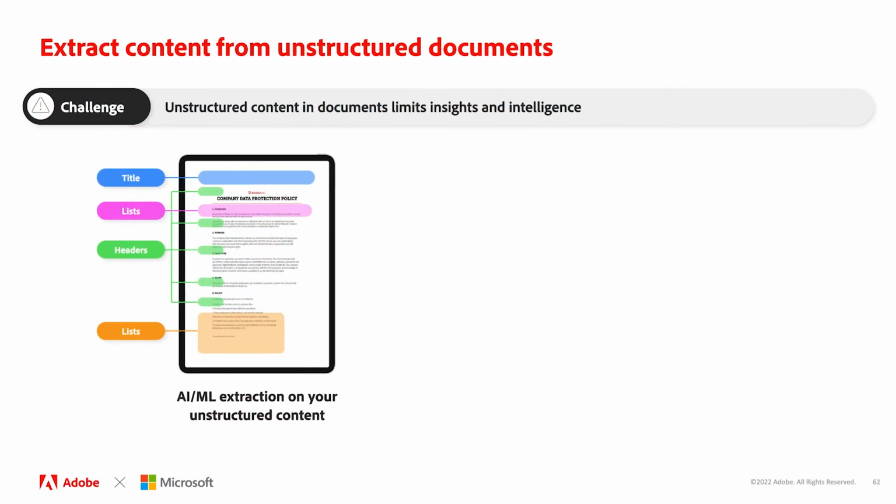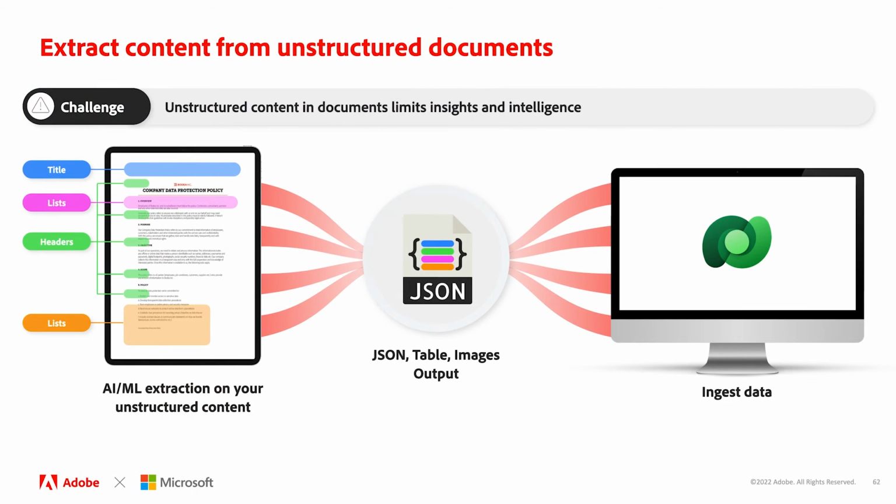So to help us, that's where Adobe PDF Extract API comes in. Adobe PDF Extract API uses Adobe Sensei machine learning and AI to understand the structure of the document, what's a list, what's a table, a header. It can even detect what content spans across different pages. It will then output that as JSON, CSV,